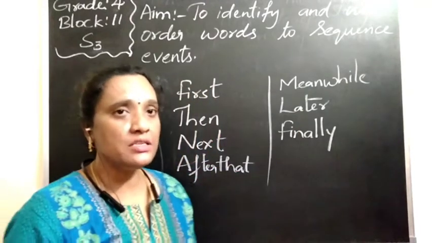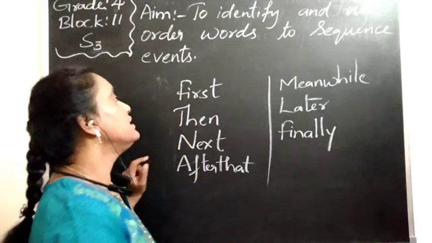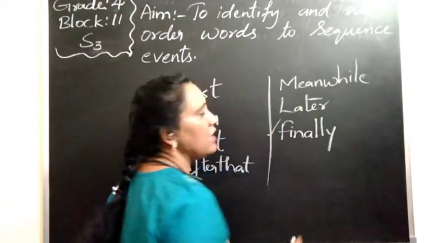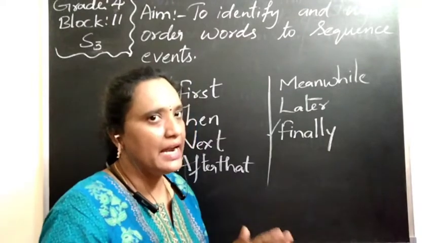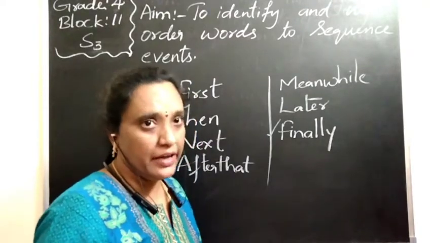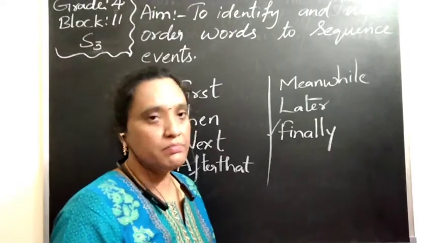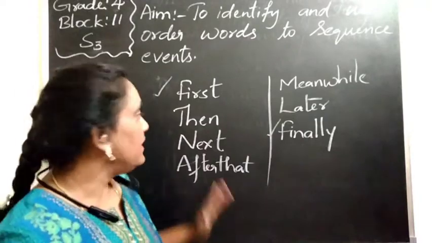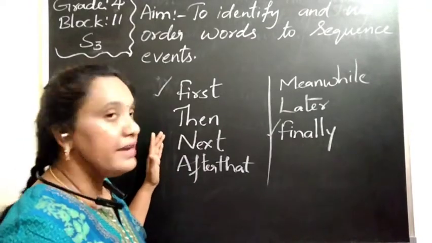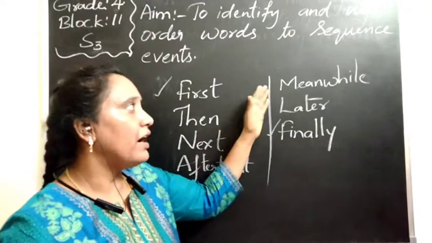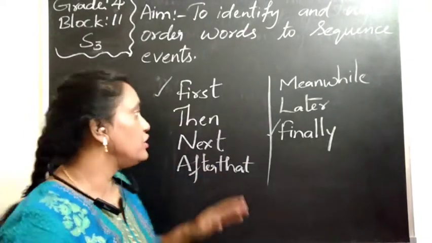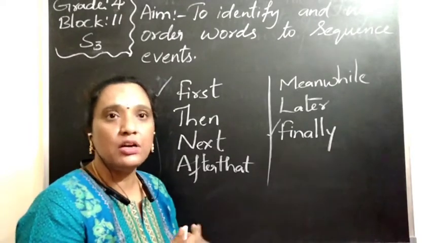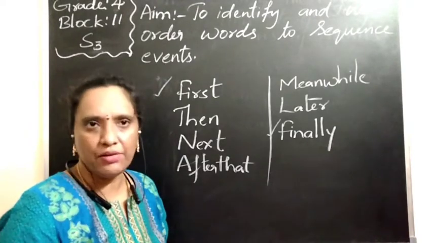So by using these order words, how to use? The first is the one which we use first. The finally is the word which we want to use at the last ending. We can say last and ending are also words which they use sometimes for the order words, but normally we use these words in our order. Other than these, the words like then, next, after that, meanwhile, later, which are in between first and finally, can be repeated according to the sentences we have. How many times we want, we can repeat them.